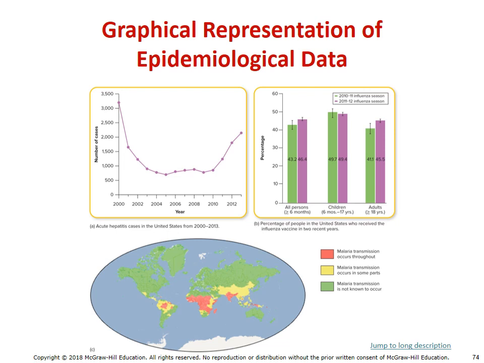We don't just track disease though. Notice in B, this is the rates of influenza vaccines in different age categories. And as you can see, it stays pretty consistent. That really, overall, about half the population will get the vaccine, and thus about half the population has some protection against the disease. Down here in C, notice we're graphing rates of malaria.